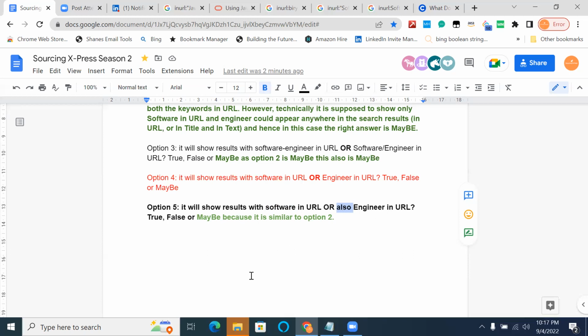Anyone? Shiv, I have another question. Just suppose in this case we are searching for software engineer, and most of the time, along with software, engineer is there. But if we are using different words like member of technical staff, these options will not be applicable with that search, right? It will be. See, basic fundamentals remain strong. Basic fundamentals remain the same. You treat software engineer as a member of technical staff. Treat them as the same. How is it going to work?